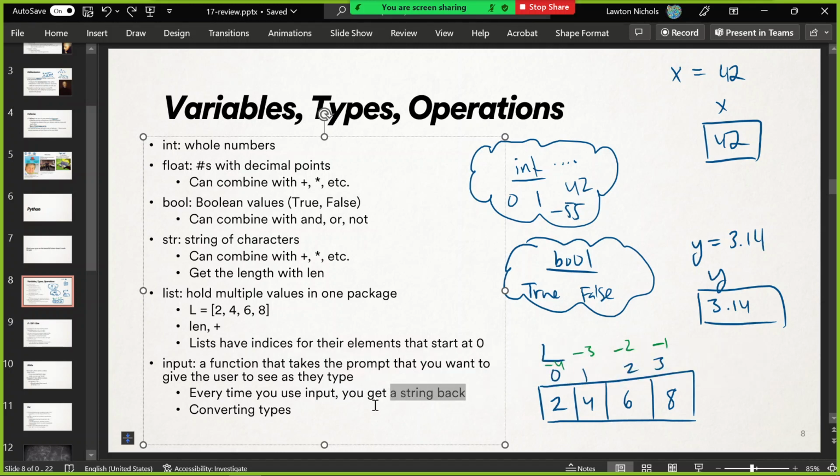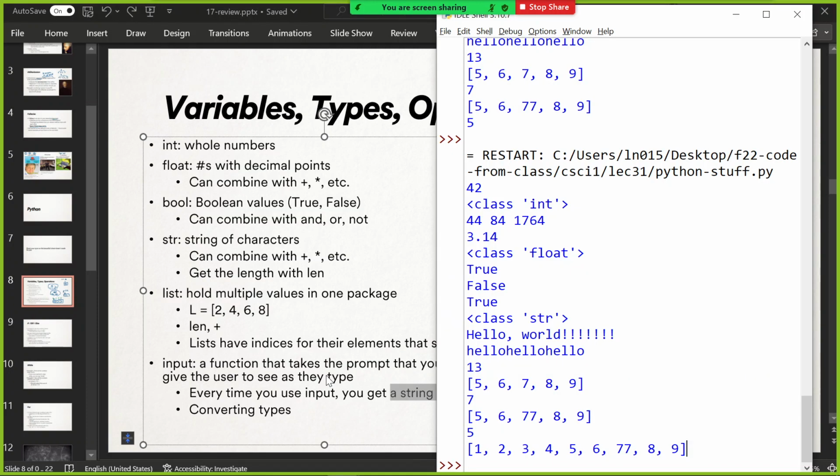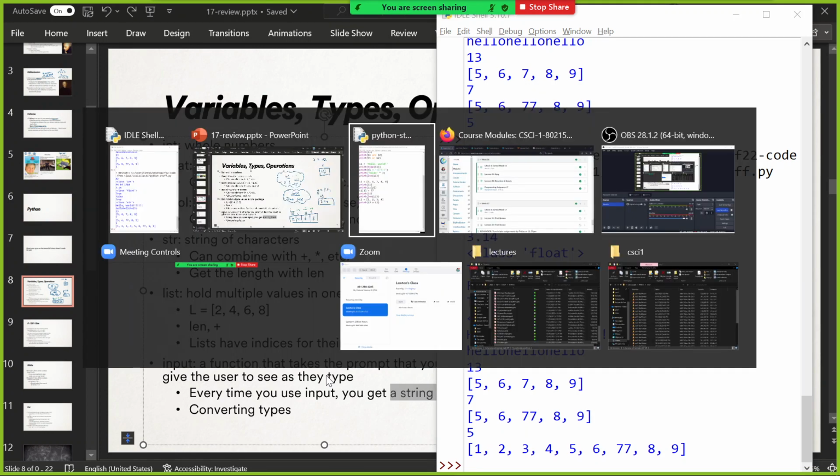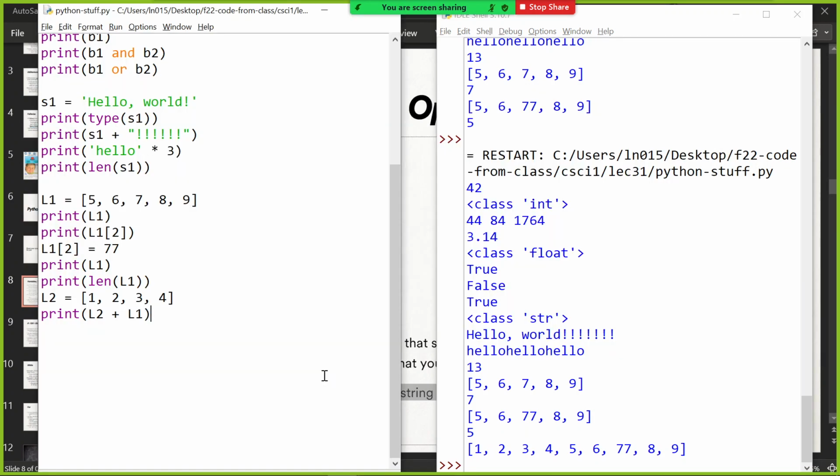Okay, so you have to remember how to convert those types. Mathy stuff, for example, because the default, what input gives you back is just the characters that the user typed, even if they're digits. It's giving it to you as a string. Okay,